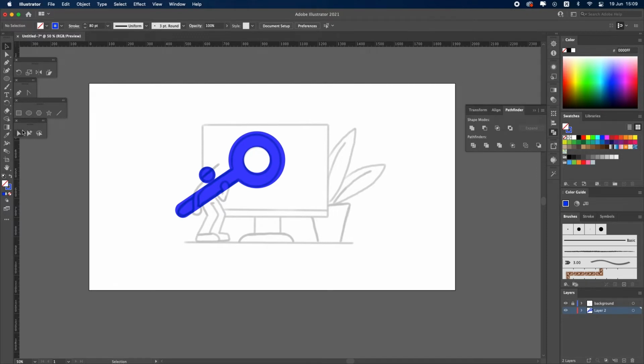I will take the pen tool and start creating the center of the character's arm, so that the stroke will fill the shape of the arm. We will change the color and the weight of the stroke, and with the help of the direct selection tool, we will change the position of the points so that the arms will look exactly like in the sketch.